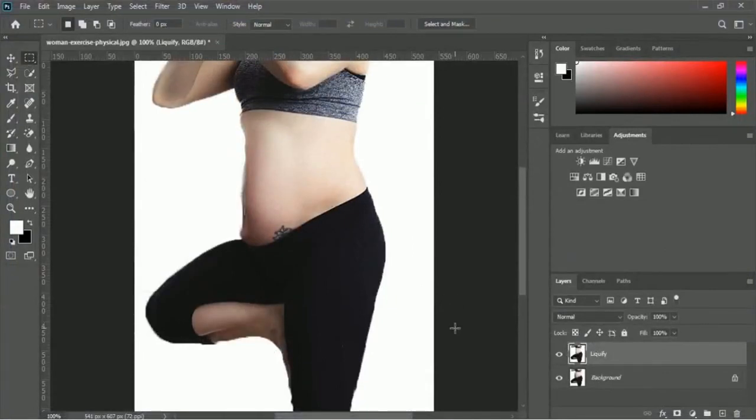So let's take a look at the before and after image. You just have to turn off this liquify layer. Okay, this is the before, and after using the liquify, this is the after. Fat, no fat, fat, fat cutter. Okay, cool. So we just learned how to cut the fat by using the liquify tool,